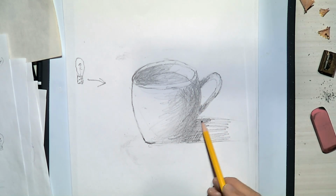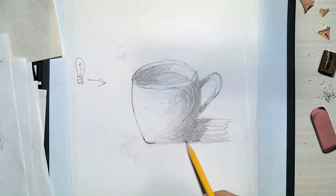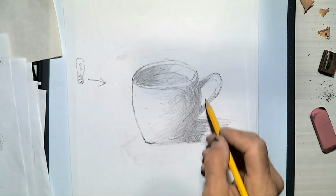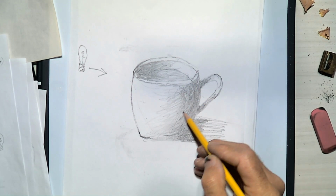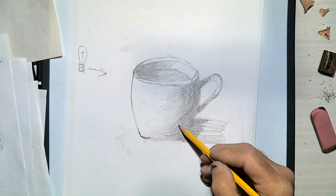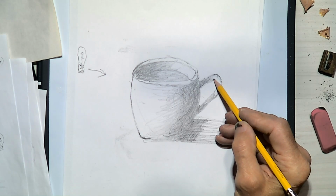So I want you to practice that. Get some cups and saucers, put them on your tabletop, and practice this modulation, cross-hatching, pressure with the pencil to create the image. It's on a tabletop. So the key thing here,